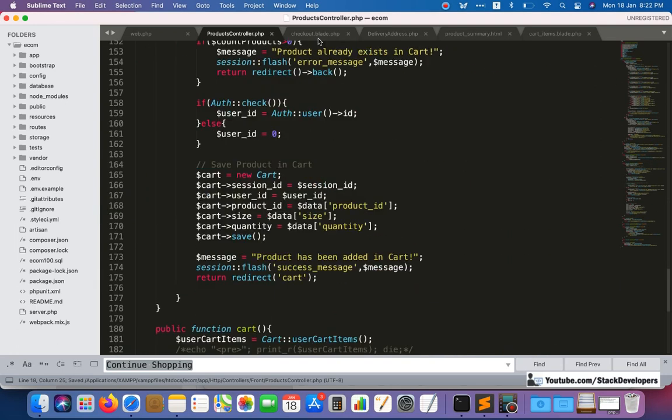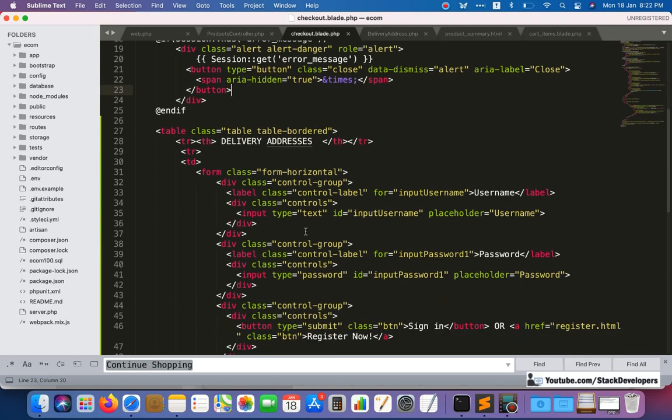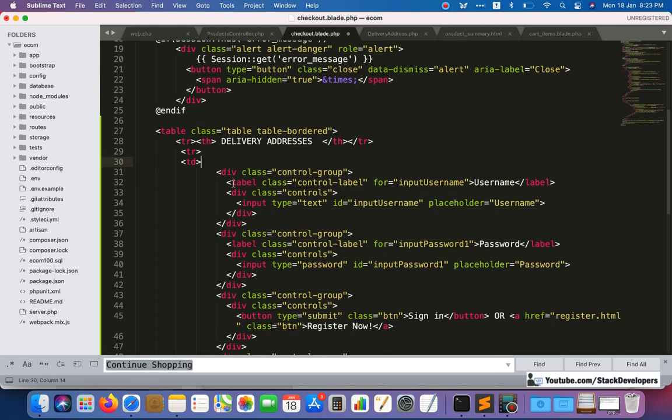Now we can simply add its condition here, and for that we need to make some changes. See, the form will not come here because one common form will come in the checkout page. We need to do something.